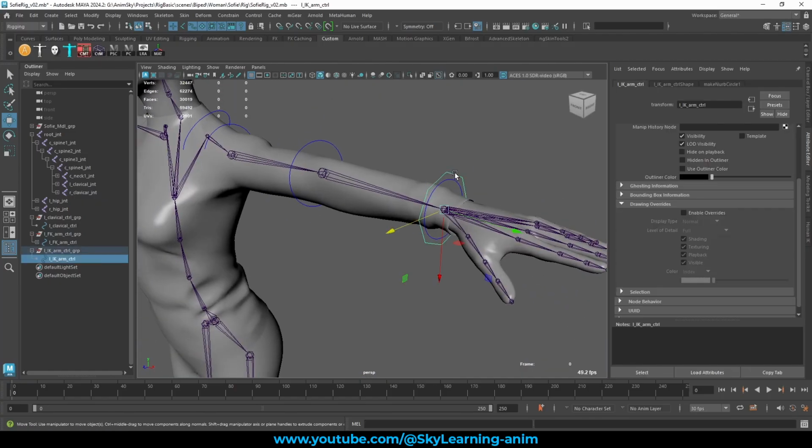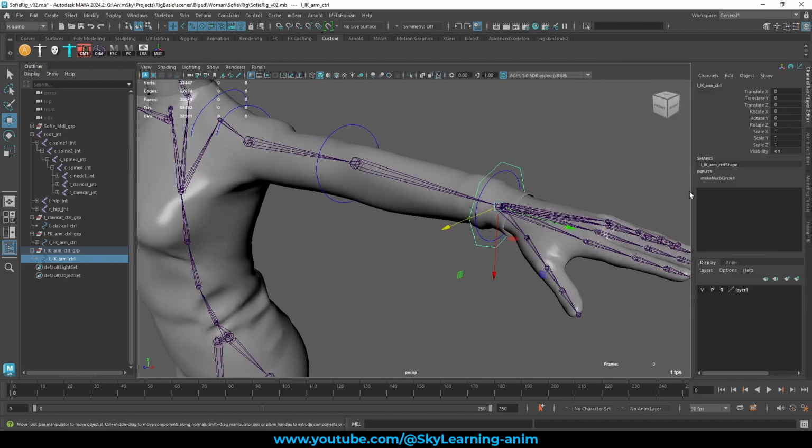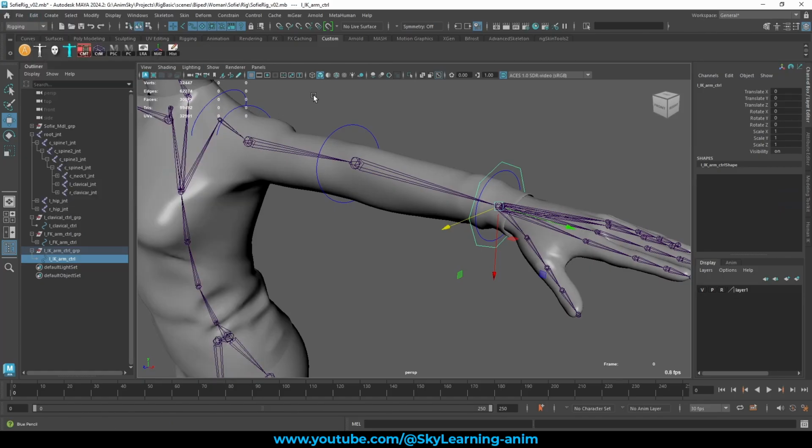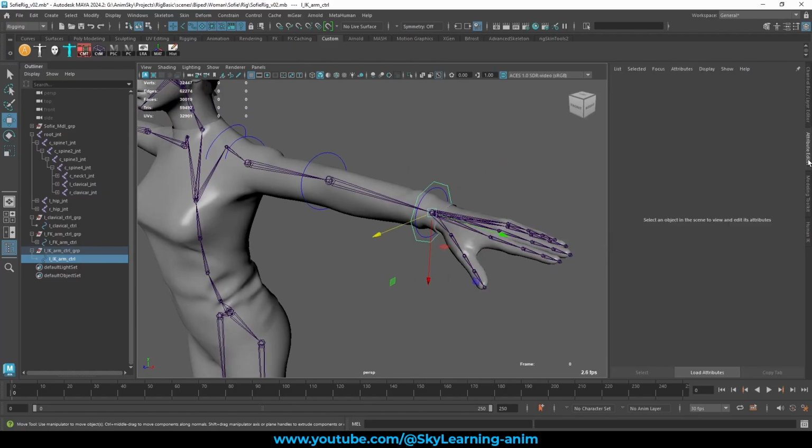So yes, this is an IK control. Let's do the same thing with the IK control, and we already have a history. Then Edit, Delete by Type. Why not make a shortcut of it? Control Shift, click over here, and history is here. Select, and this removes its history. So yeah, do the same thing with its